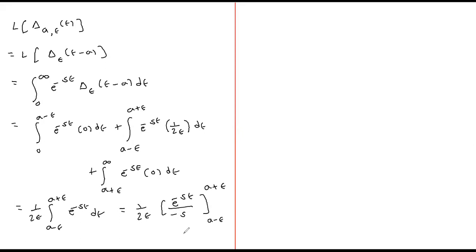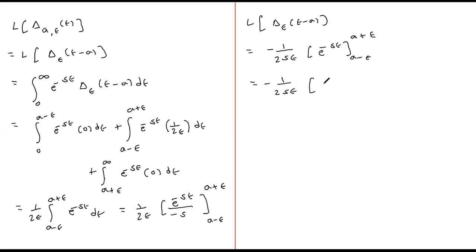Okay, so I'm continuing here. Laplace of delta epsilon of t minus a is equal to, so 1 by 2 epsilon, minus s can be taken out. So minus 1 by 2 s epsilon, e power minus st from a minus epsilon to a plus epsilon. So this is minus 1 by 2 s epsilon, upper limit is e power minus s into a plus epsilon minus lower limit is e power minus s into a minus epsilon. Now when you separate, e power minus as can be taken out, so minus e power minus